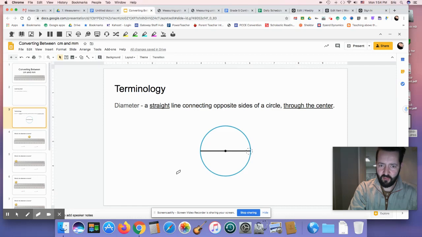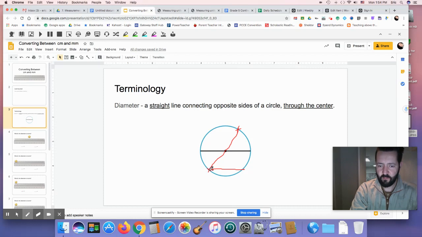The second thing is it has to connect opposite sides of the circle. Okay, so if we put a dot right here and a dot right here, those are not opposite sides of a circle. Okay, so the opposite side from this point here would be a point over here on the opposite side of the circle. And then if we drew a straight line from that side to that side,